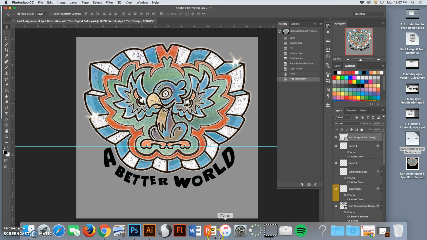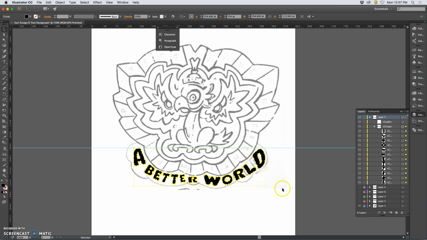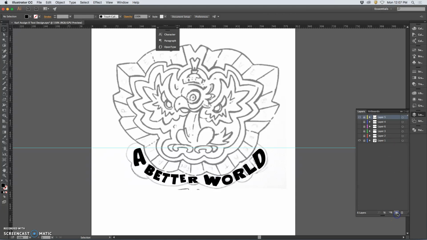So now let me go back to my AI file, turn on my sketch, and I just want to make these curves. Not these ones, because the ones at the top are made by my illustration, right? So how can I do that? Well, I'm going to make a new layer. And I'm going to use just the good old-fashioned pen tool. I'll show you how this can be done because it's worth seeing. Click, click,